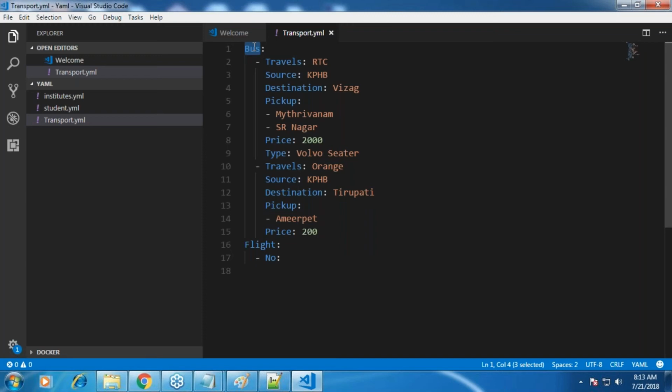The value of flight is again a list. The value of travels is a string, right? But we don't need to write it in double quotes. The value of pickup is a list. Making sense? Yeah. Okay. Good. So any doubts in this now?